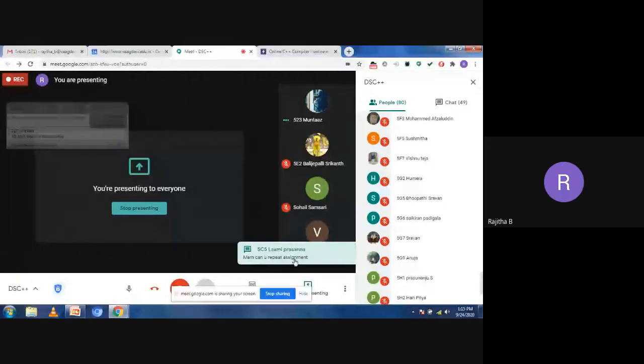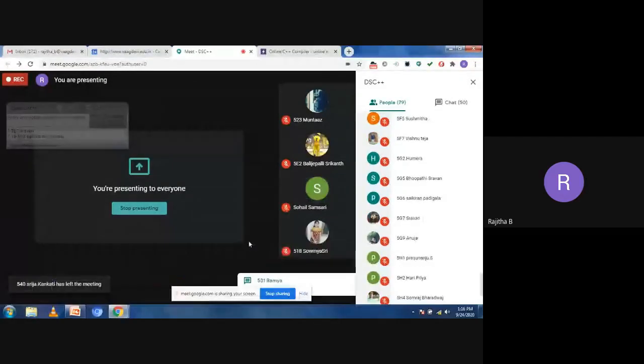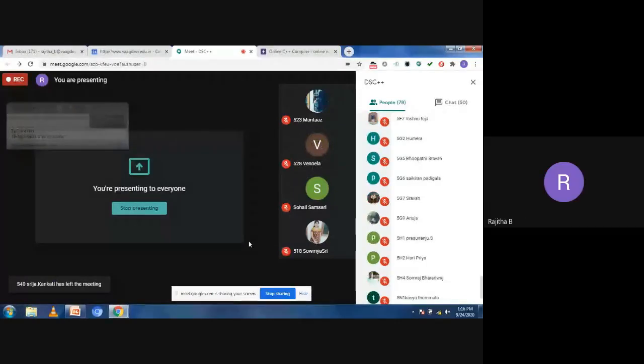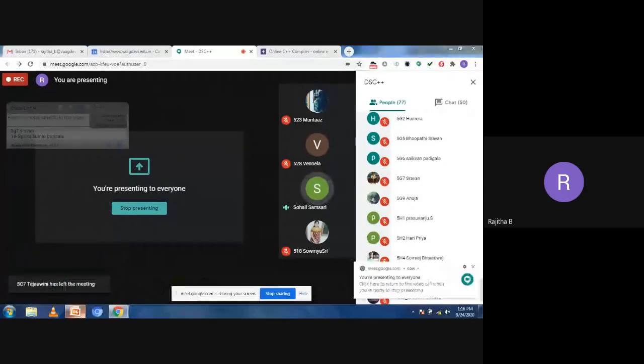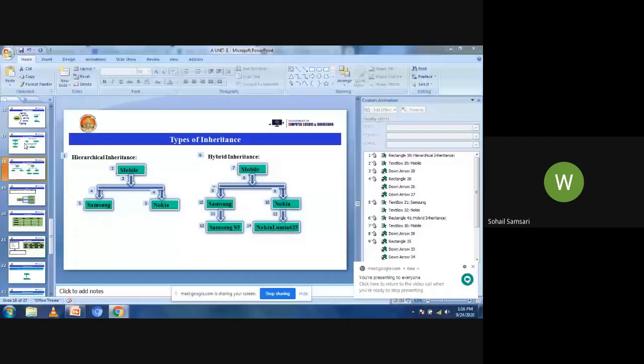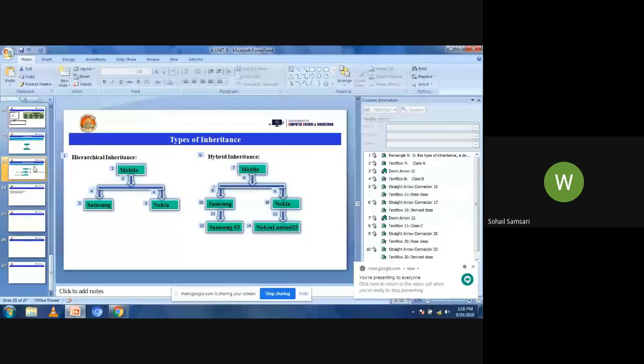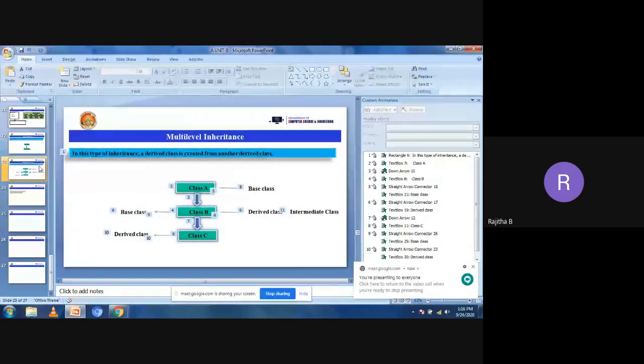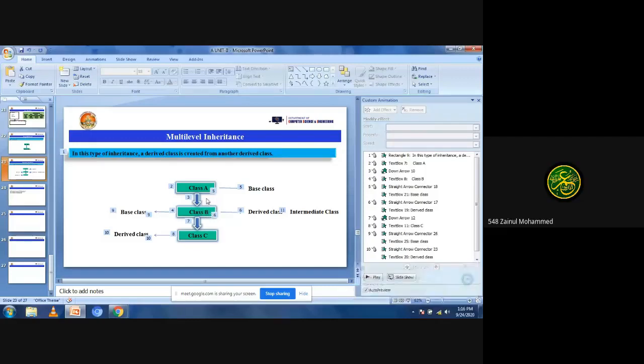Yeah. So what is the assignment here? Multi-level inheritance. What is multi-level inheritance? We need to take one base class, from that you can derive the child class, and from the derived class you can take one more. Now you can see here, this is a multi-level inheritance. So in class A take the data members as roll number and name. From class A derive class B, which means I can access the roll number and name.